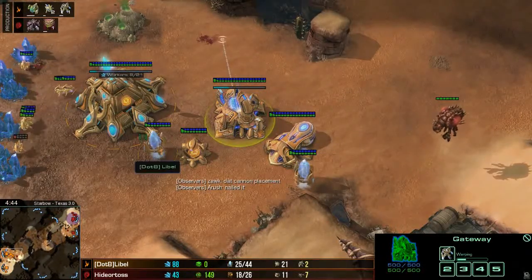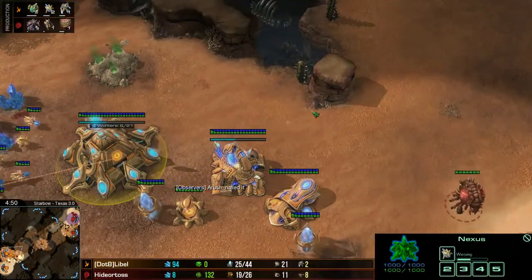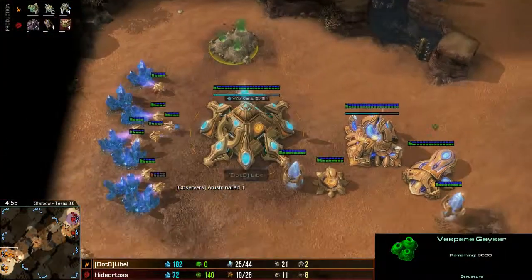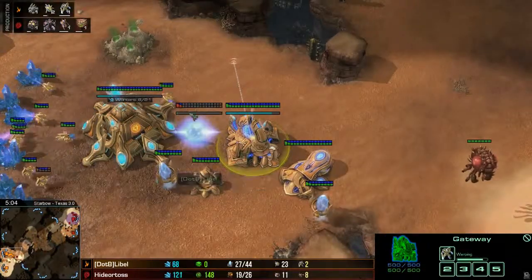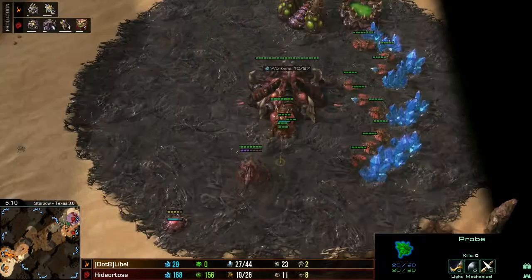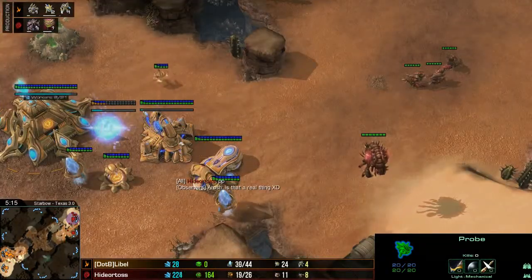Yeah, I don't really like this wall. It lets them come around, especially if they end up going for roaches once they hit Lair tech. It makes it pretty hard to defend, especially this side of your base. I mean, obviously you'll have some zealots and dragoons out, but the Zerg's mid game is just so much stronger than Protoss's up until you get to